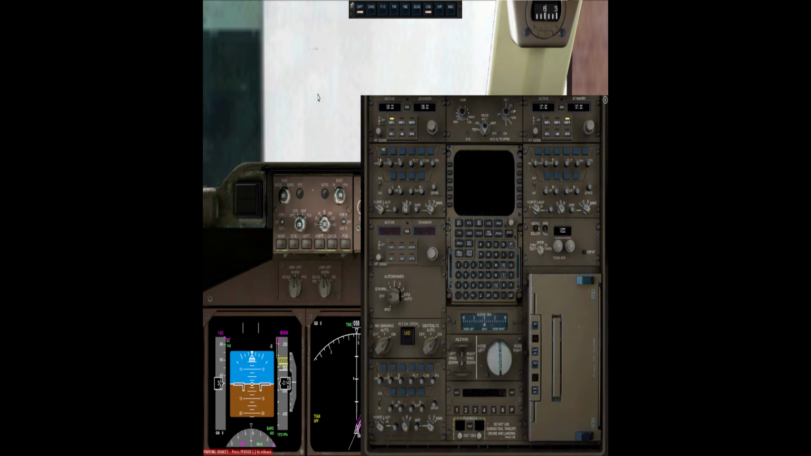mind. Echo, Golf, Lima, airport information, Quebec 2320, Zulu, weather, wind 020, at 4, visibility 10, sky condition, few clouds at 1,600, ceiling 3,900, broken, temperature 6, 2.4, QNH 1020, advise on initial contact information, Quebec, Echo, Lima, airport information,